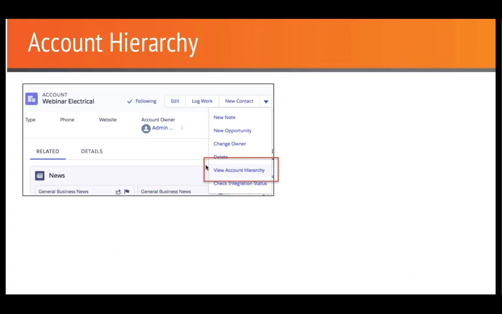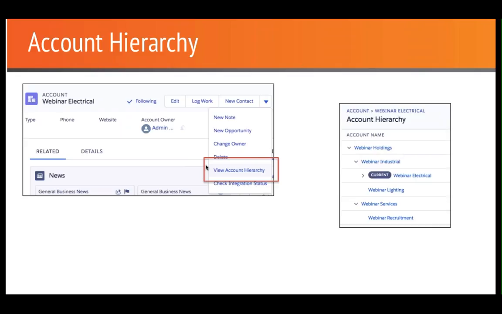You can now visualize the account hierarchy in the Lightning experience, which is something you've not been able to do up to now. So if you click the View Hierarchy button in the Actions drop-down menu, that basically pops out a standard